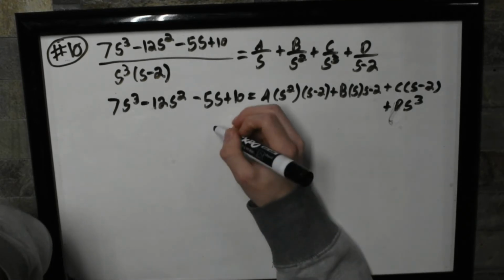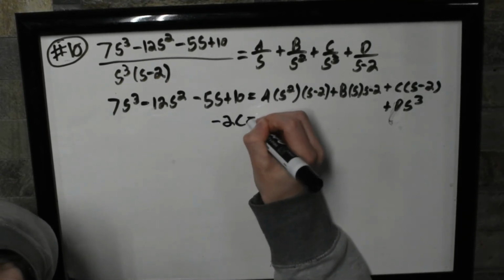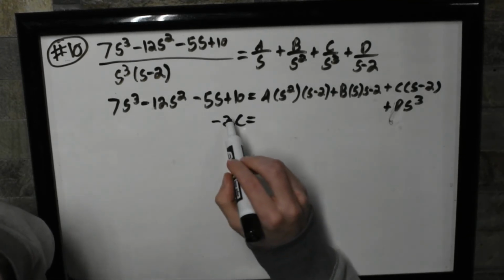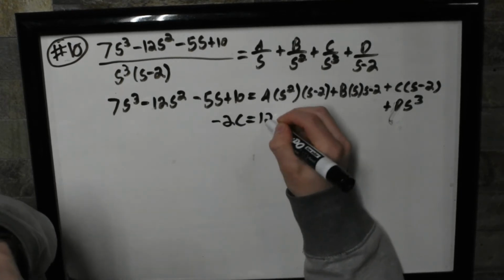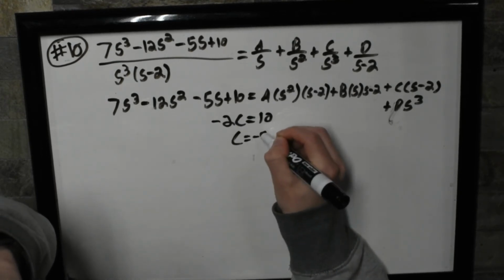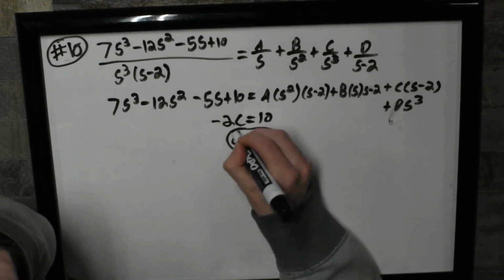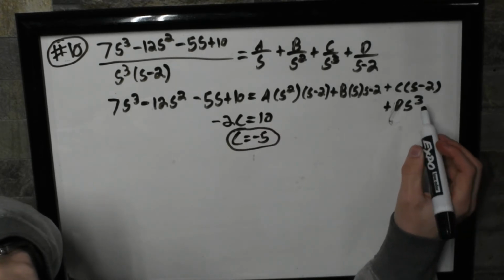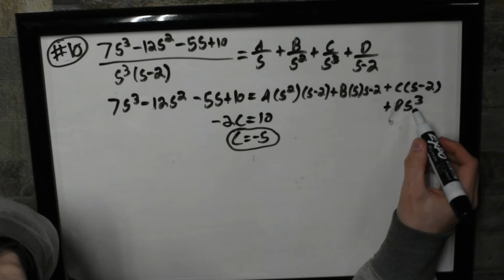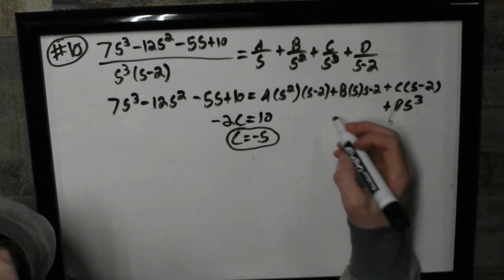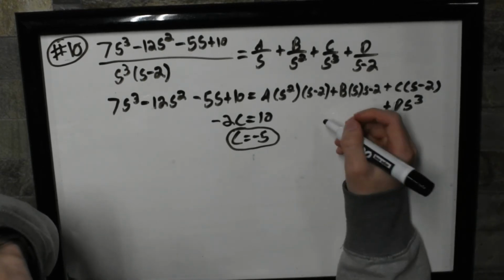Yep, and we're going to get negative 2c is equal to 10, and c is equal to negative 5. And then if we plug in 2, we're going to be left with s cubed. So 2 times 2 is 4, times 2 is 8. So we have 8d